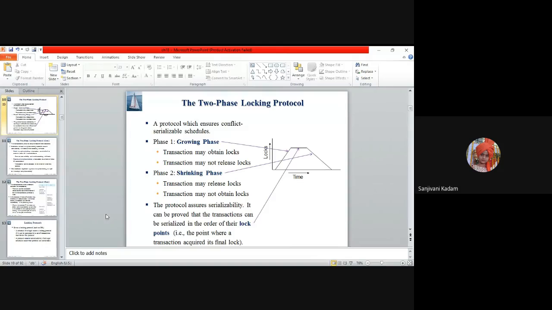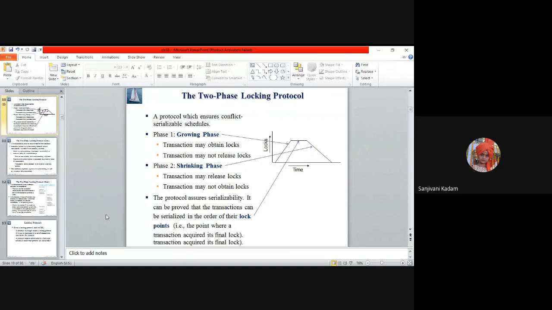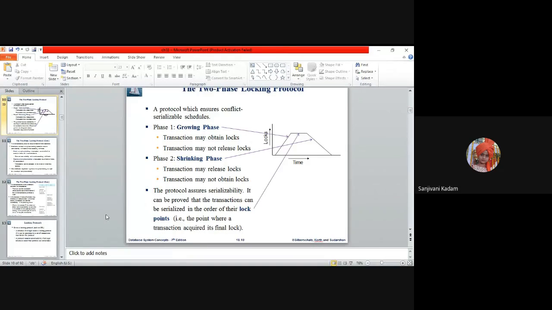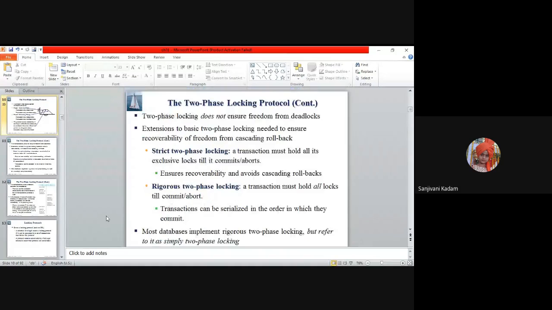Strict two-phase locking is a stricter form as compared to basic two-phase locking, and rigorous is even stricter. Most databases use rigorous two-phase locking and refer to it simply as the two-phase locking protocol, that is, acquiring all the locks initially and releasing all the locks at the commit or abort statement.